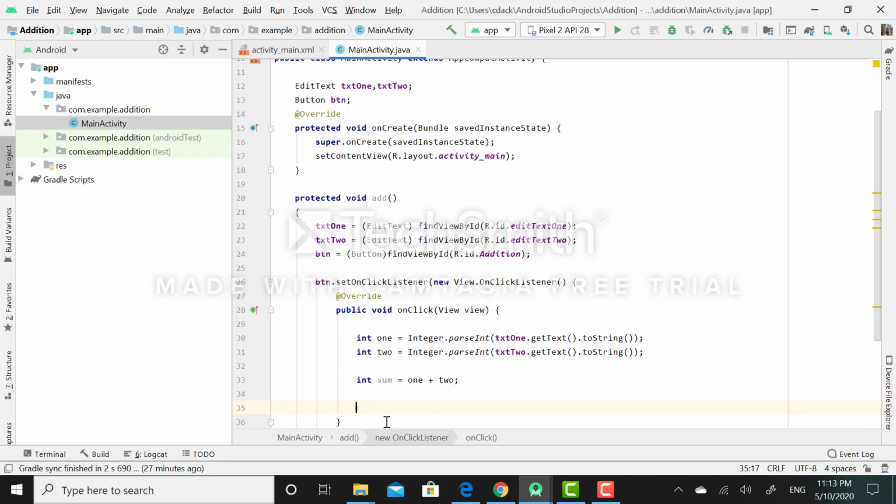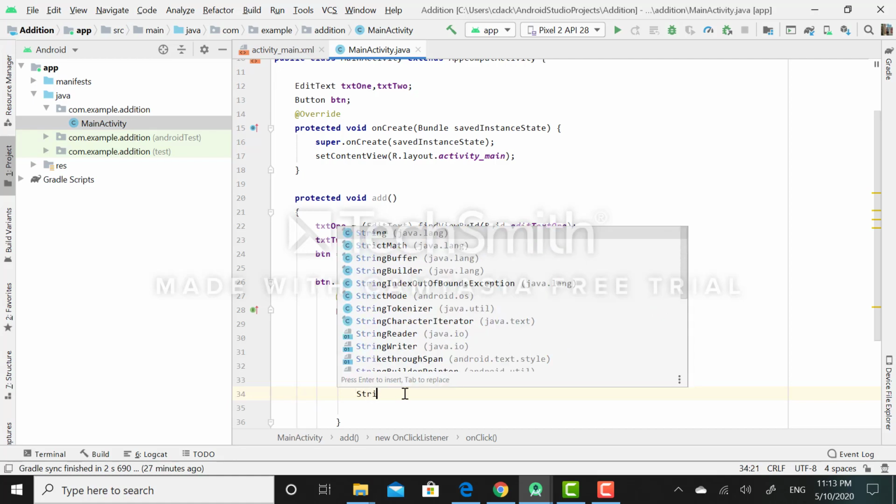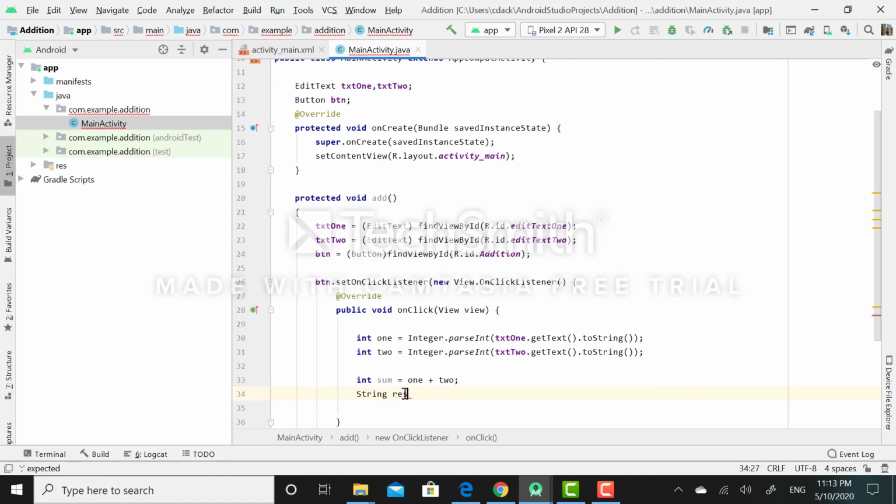Now again I need to convert this integer value into the string value so that I will be able to display the message on my screen. So to do this, I will simply declare first string variable as a result.